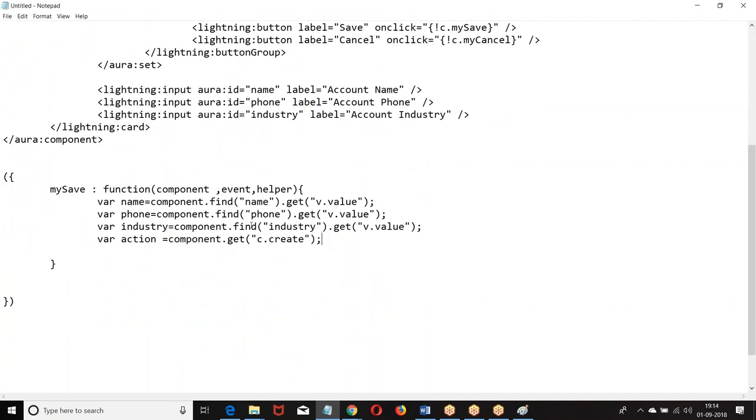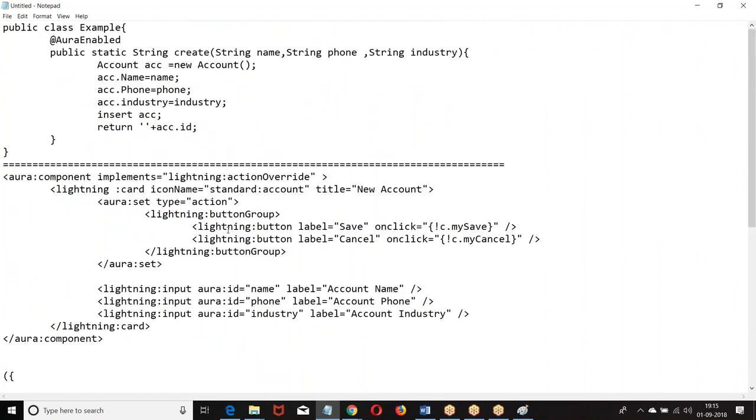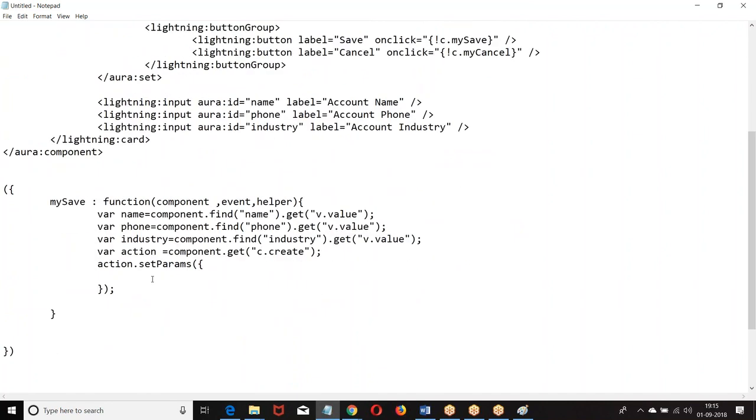Now for this method you are supposed to pass parameters. How do you pass the parameters? Action dot set params: name, phone, industry.